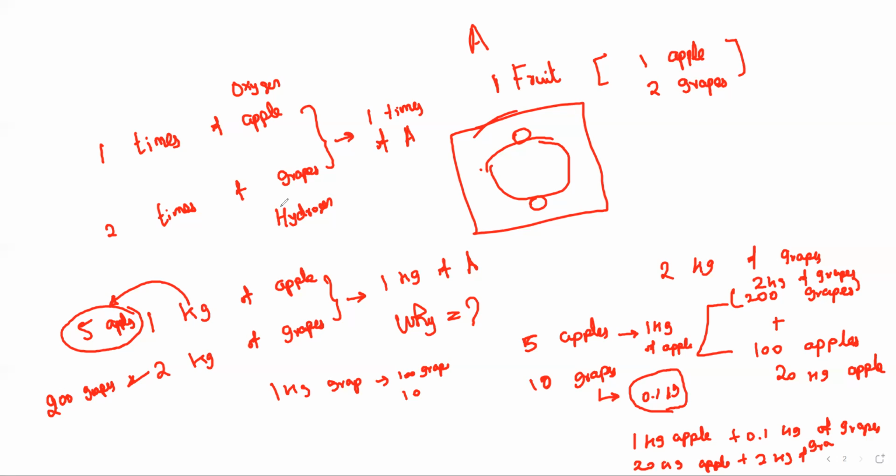Like here, the number of apples in 1 kg of apple is less than the number of grapes in 1 kg of grape. So we can't have a reaction with a kg unit. We need some different unit, a unit that represents an equal number. So that is why Avogadro came with the concept called